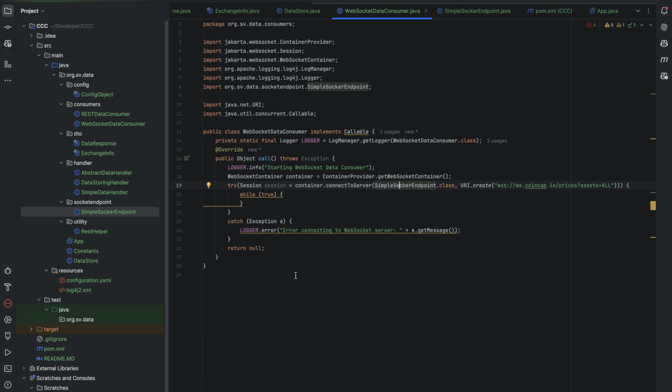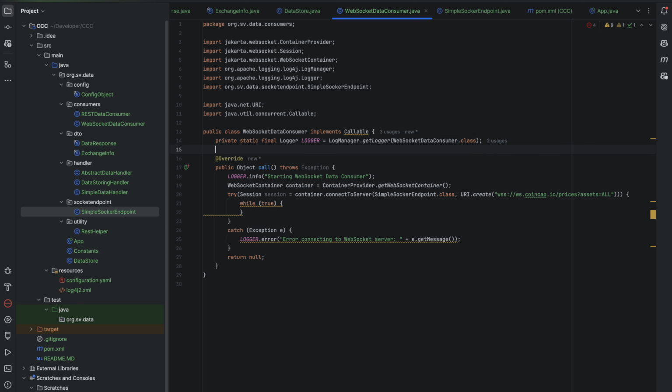So what is the scope of improvement? First of all, this one. Correct. If I want this WebSocket consumer to be used for any other data point, definitely I don't want this to be hard coded here. And then this one, the URL. Correct. So what I'll do is